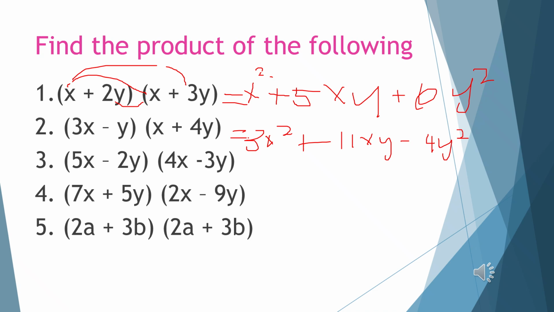Get it? Okay, so once you memorize the FOIL method and you know it, you can multiply it directly,